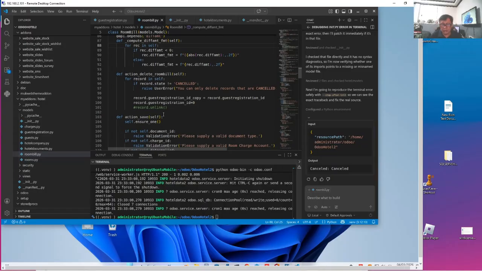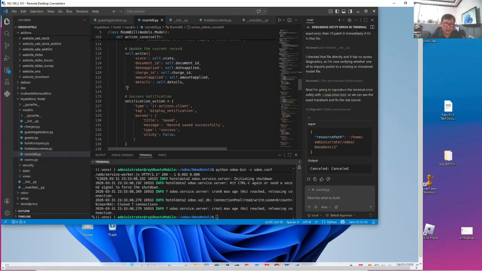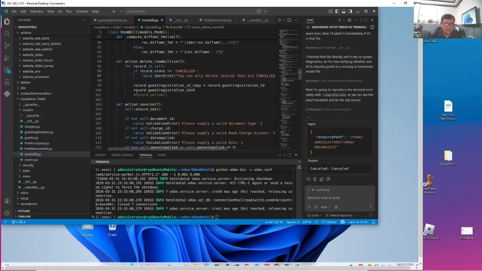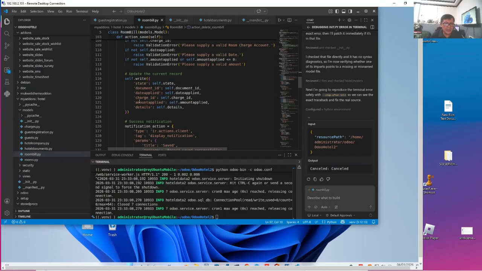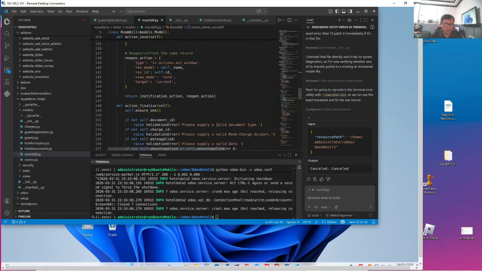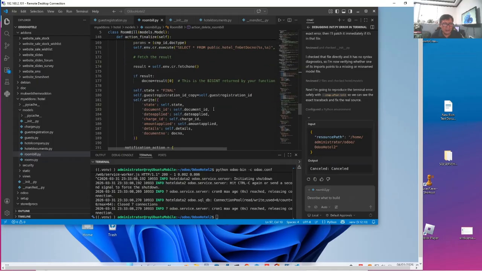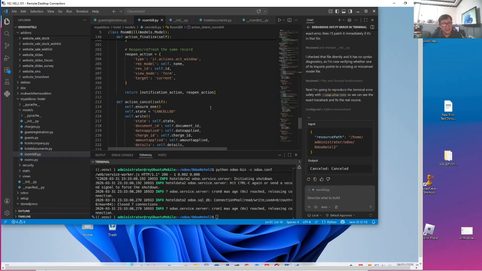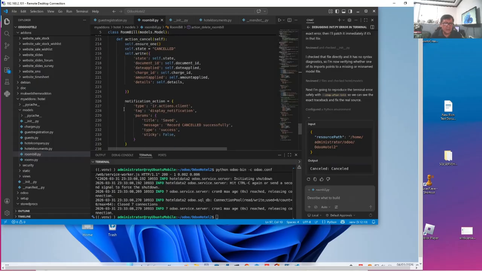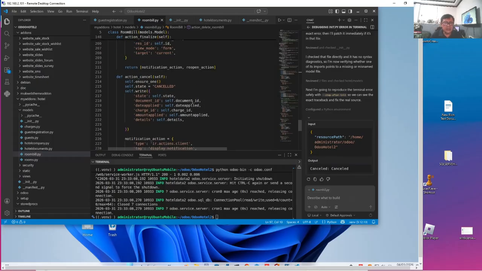But anyway, in the total, we will not consider the absolute value. Now we have action fields, which I will explain later. Actions that are used for saving the bill, for finalizing the bill, and for canceling the bill. And we will go back to our interesting discussion between window actions and object actions, and so on and so forth. So this is the room bill model, which we will use to store our guest bills.